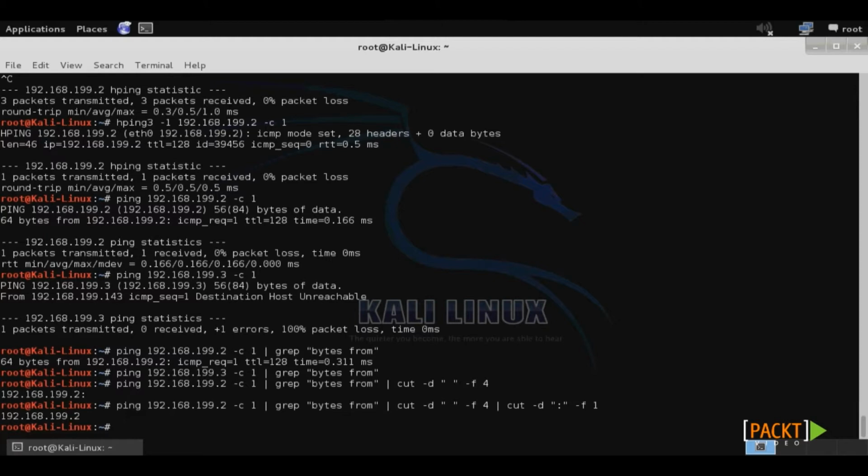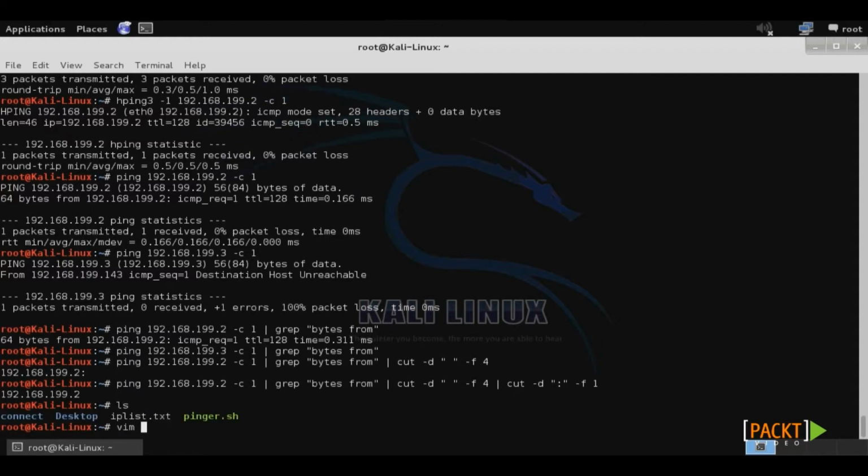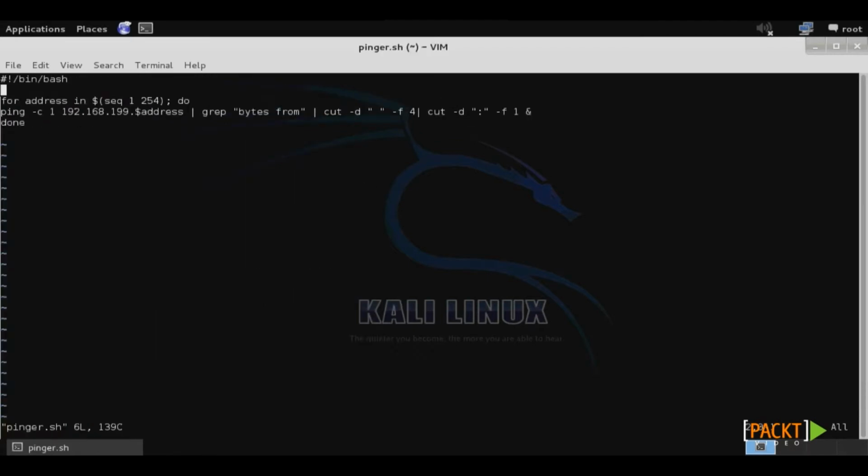So then what we need to do is create a shell script that will perform this exact same function, but in a loop for each of the different IPs. Now I've already done this. If we enter my pinger.sh shell script, you can see that what this does is for each address in a sequence of 1 to 254, so my entire class C range,